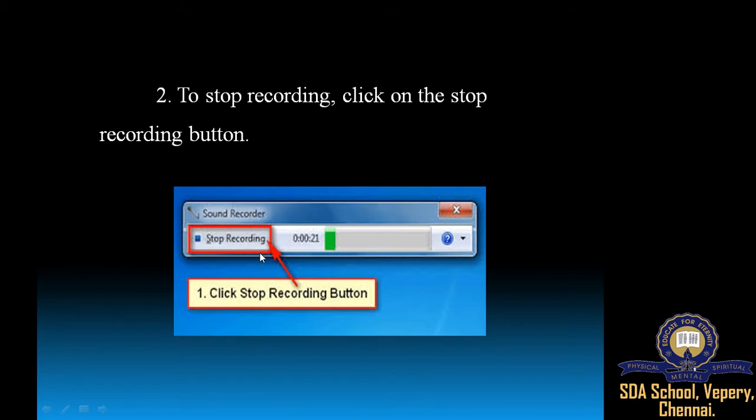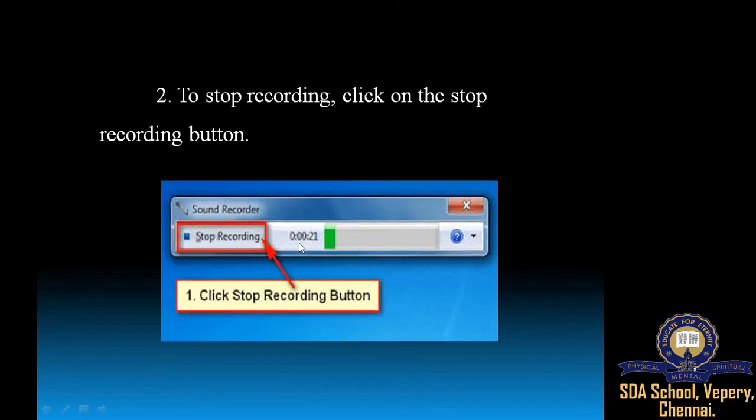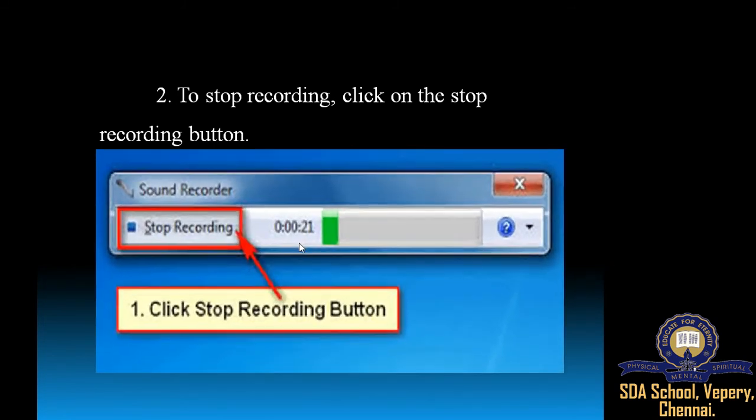This is the stop recording button. If you want to close the recording, you have to click the remove button. Can you see, children, this is one small arrow symbol, it contains some options about the recording.